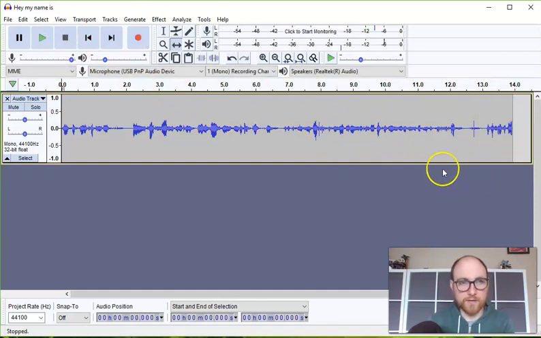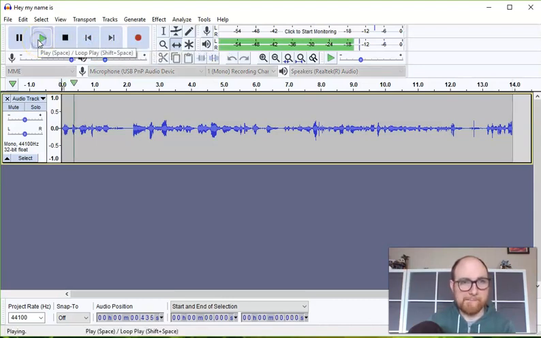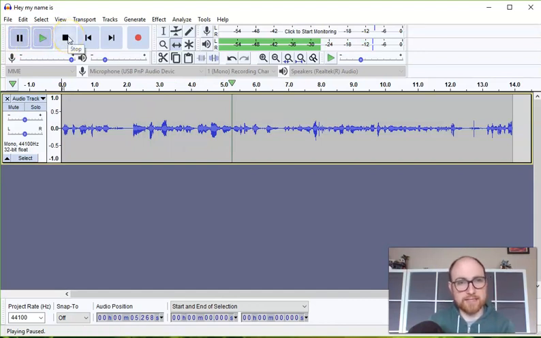It has stopped recording. I can click this to skip back to the start, or this one to skip to the end of the track. I can play it with the play button real quick while we're talking here, and I can see these blue waveforms. I can pause it, and one of the most common problems with Audacity that you'll run into